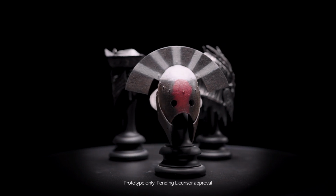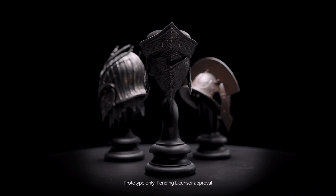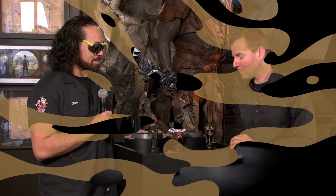One from the Lord of the Rings, The Two Towers in this case, is the Uruk-hai Captain, and 2 from the Battle of the Five Armies. Let's start with the Uruk-hai Captain. So